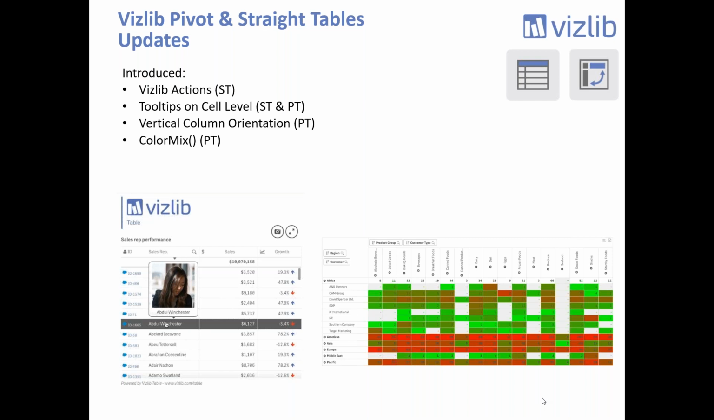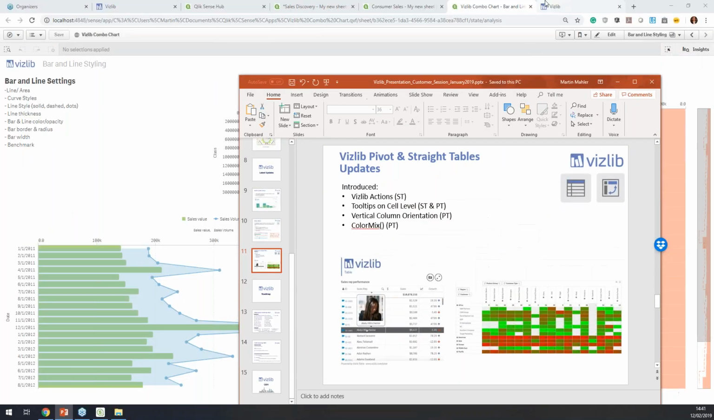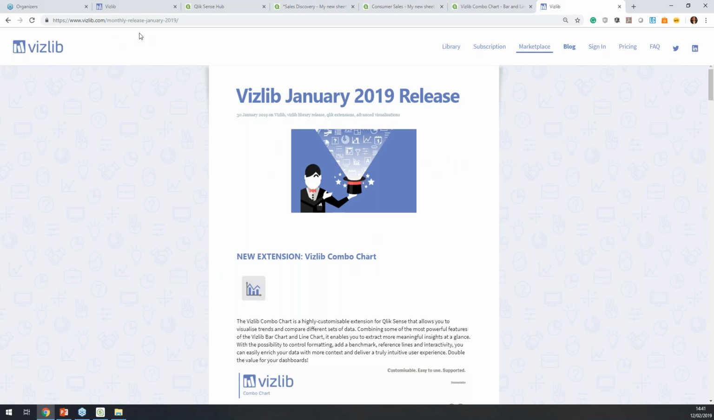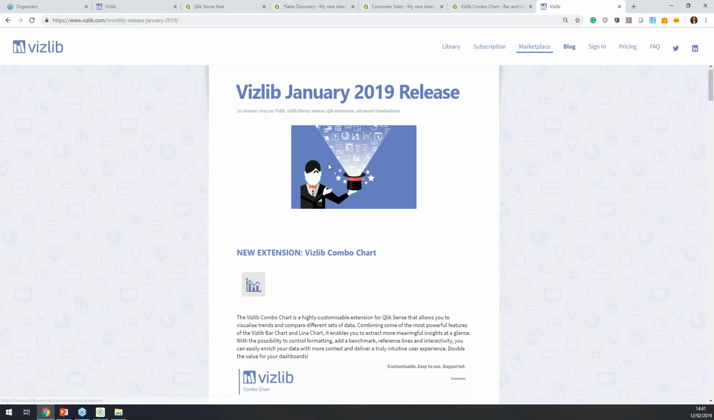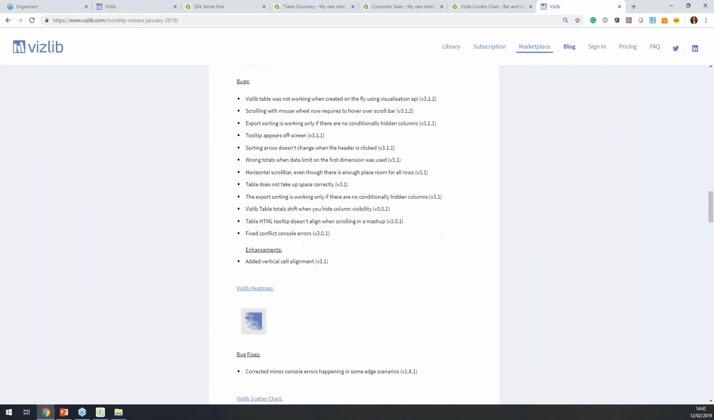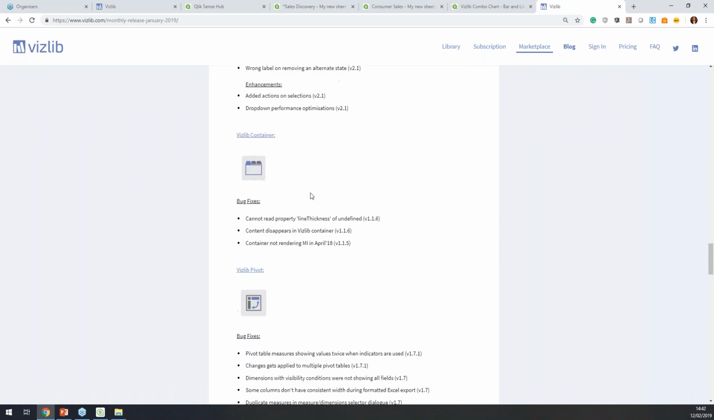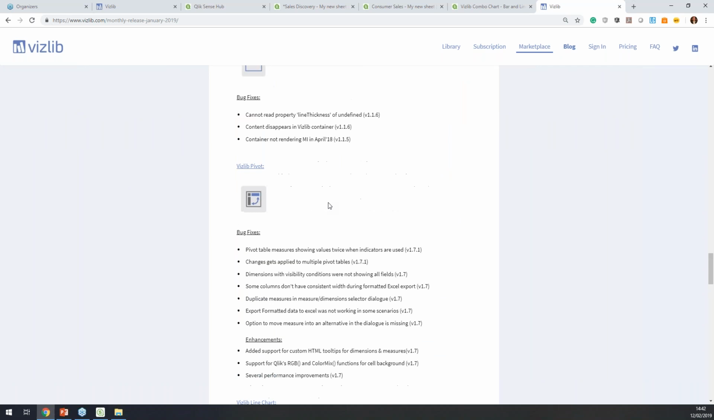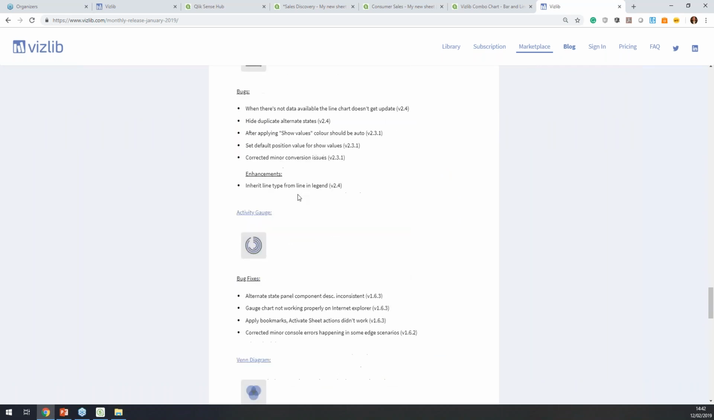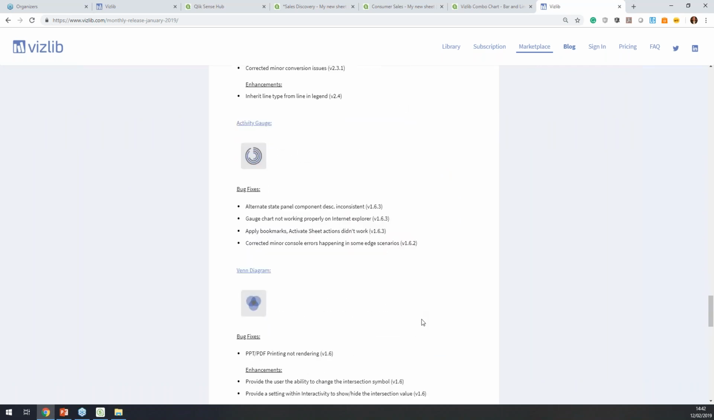We obviously did a couple more updates and individual chart releases. As always, you'll be able to find them on our vizlib.com/blog website. So you can see here a collection of all the individual chart features that have been released, such as on the Vizlib filter, on the line chart, and many more extensions. But more interesting is now,